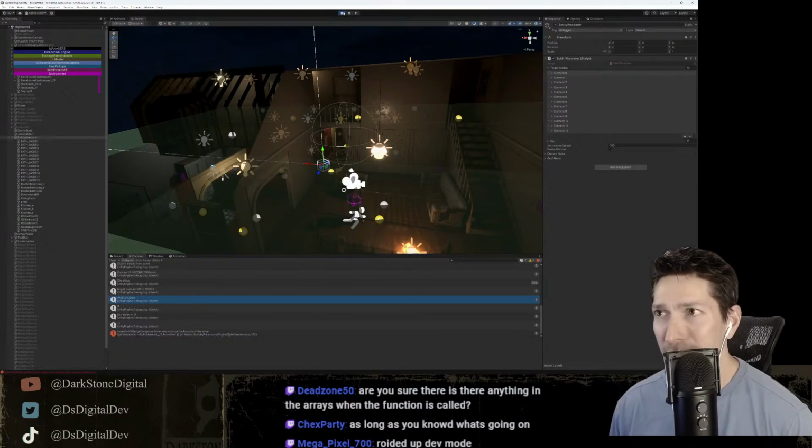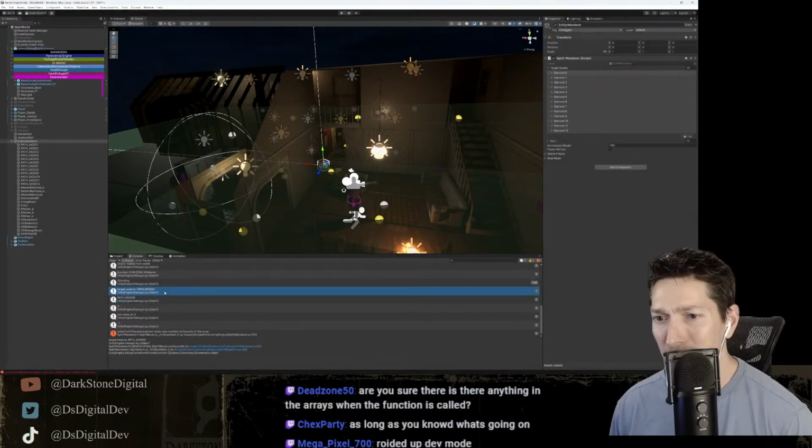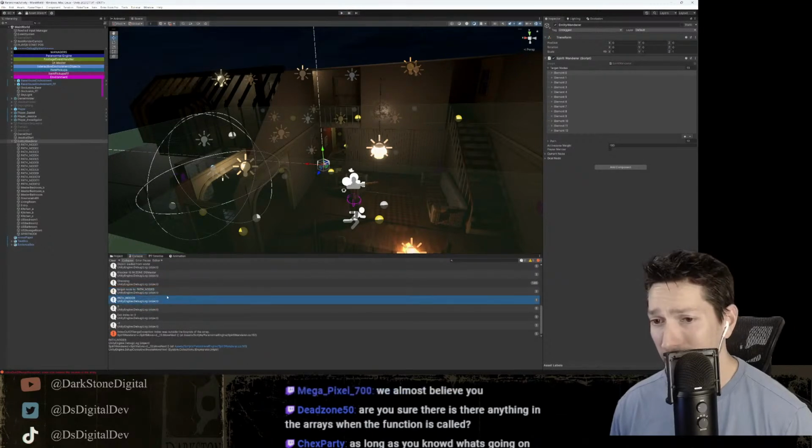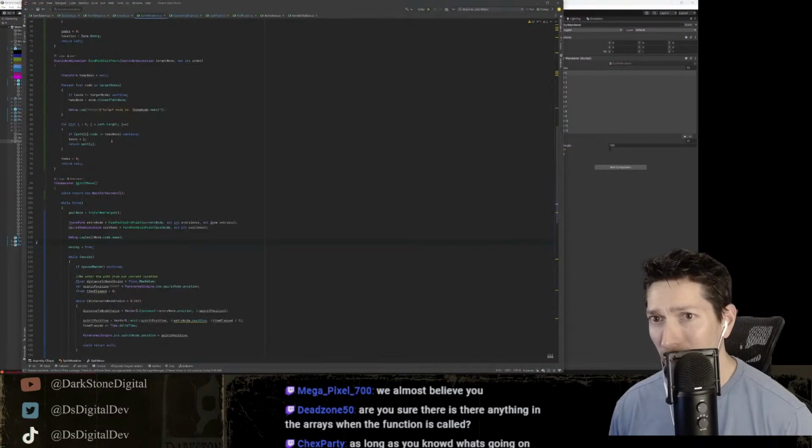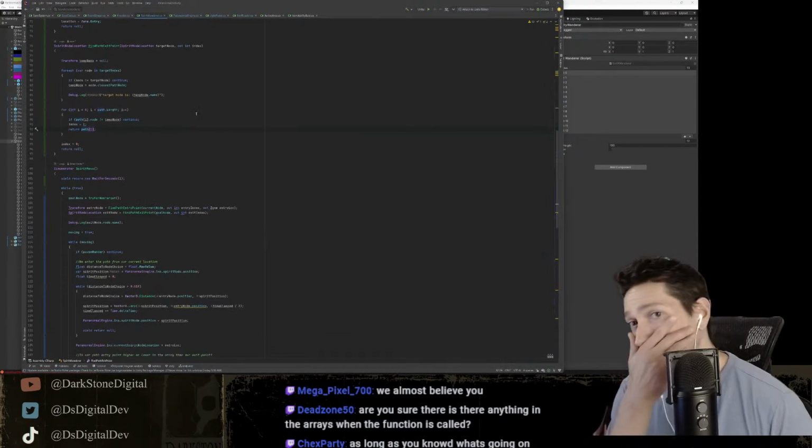Okay, we're spitting out path node 9. Path node 9. So we did find it. Target node is path node 9. So why is the exit index wrong? We're getting the correct...